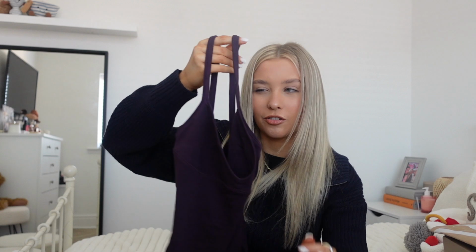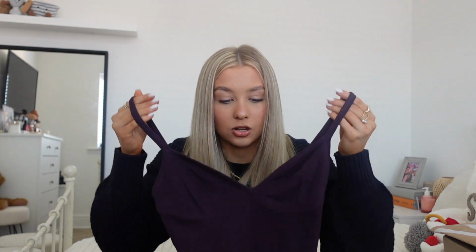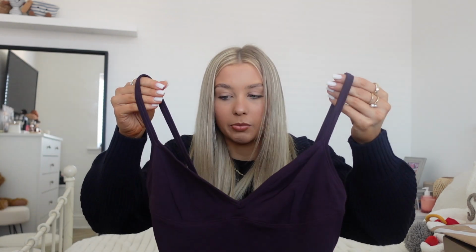So if you need something with a bit of adjustment, you can't get it from this, because I've had loads of tops from Zara in the past where tops like this have adjustable straps so you can play around with them. This doesn't. Wasn't really a problem for me. Comes down again to a really nice length. It's a really soft cotton material, really nice and soft and comfortable on. It is on the thinner side,